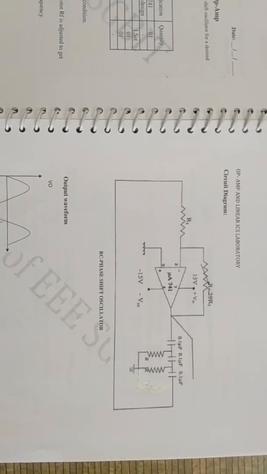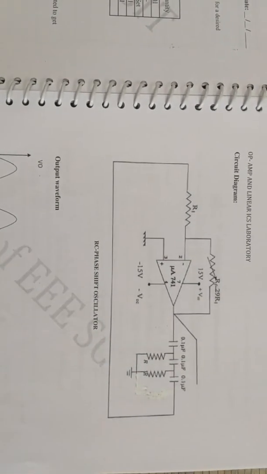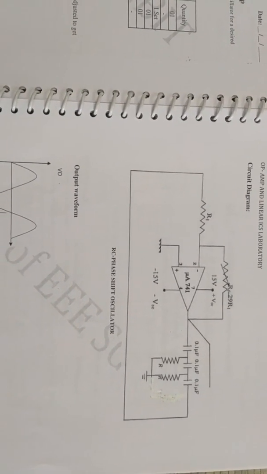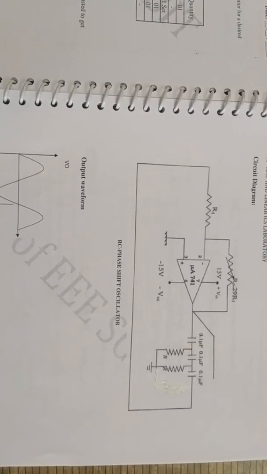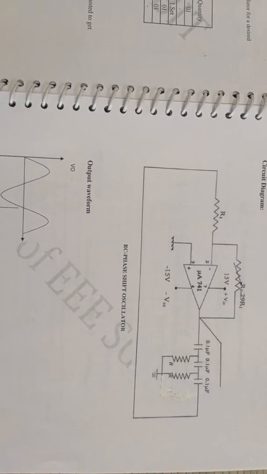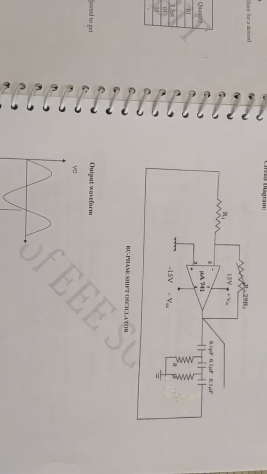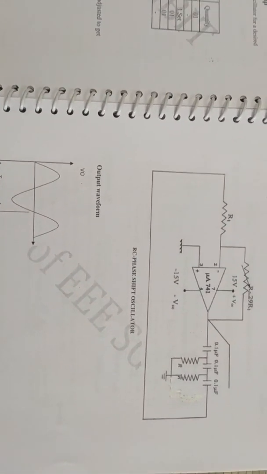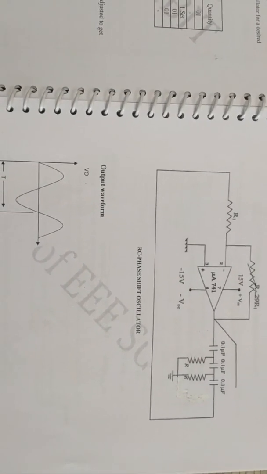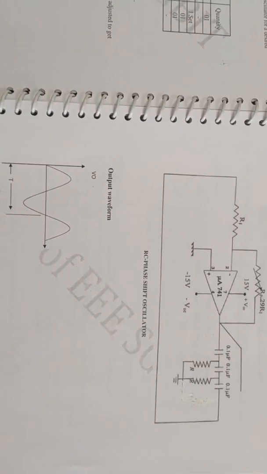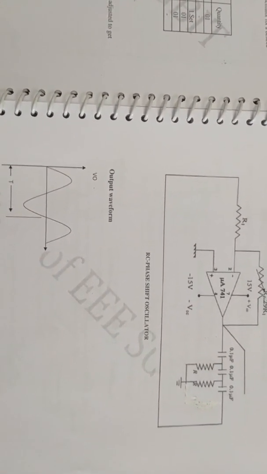So basically this is an inverting amplifier. If you consider only the R1, the input resistor, and the feedback resistor RF, then it is basically an inverting amplifier, and to that inverting amplifier we are connecting a feedback network which consists of 3 pairs of resistors and capacitor. Right, we can see that there is a resistor capacitor pair. So like that we have 3 pairs of R and C, and one R of the RC network is considered to be the input resistor R1. R1 is nothing but a part of the feedback network.